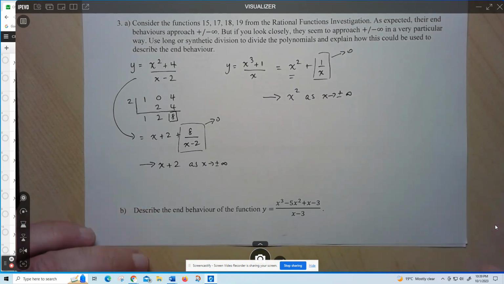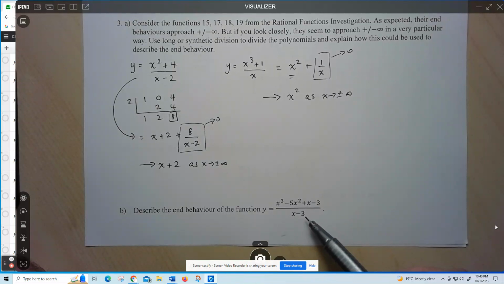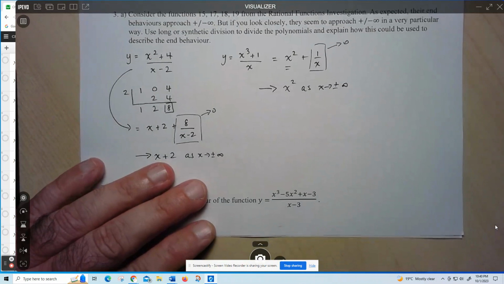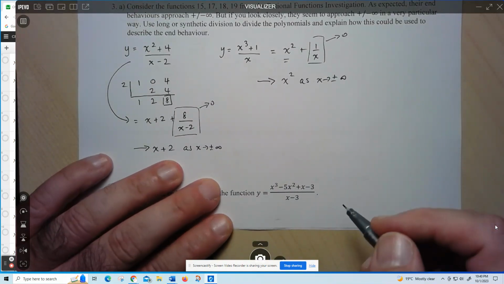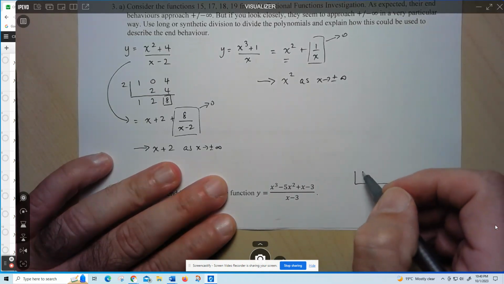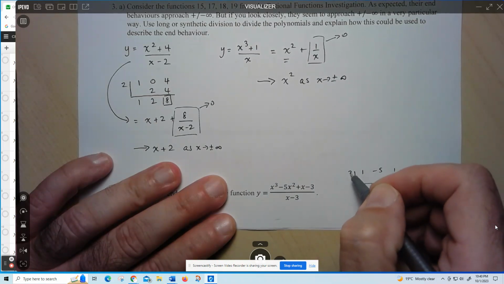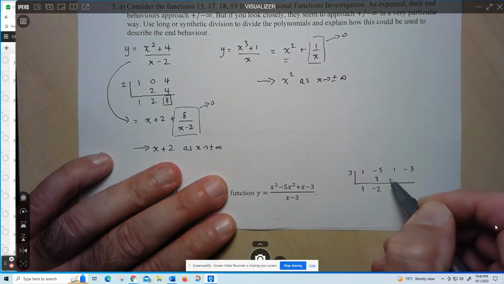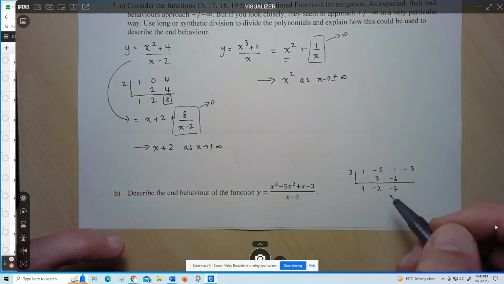All right, so we're back. So here, using this same idea, I'm going to divide these two and see what I get as a quotient. Now, by the way, because I have a cubic over a linear, I anticipate getting a quadratic. All right, so let's see what happens here. I'm dividing by a linear divisor, so that makes life easier. 1, -5, 1, -3. I'm dividing by x minus 3. So 1, we got 3. This is going to be -2, -6, -7. And this is going to be,